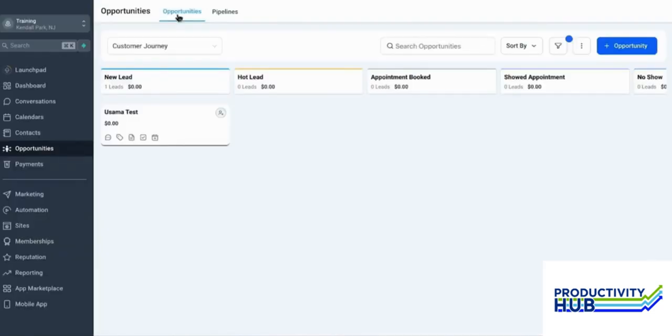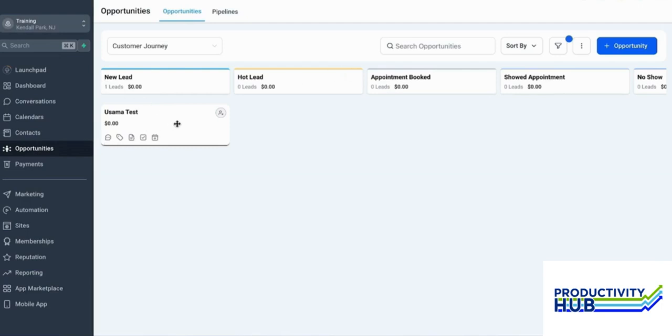So this was about the contact custom fields, but there is one more type of custom field, which is the opportunity custom fields, and the only difference is that the contact custom field is only associated with the contact itself. You can use them in the forms or surveys, or you can use them under the contact like I showed you, but for the opportunity ones,